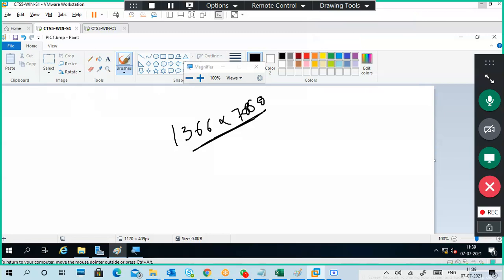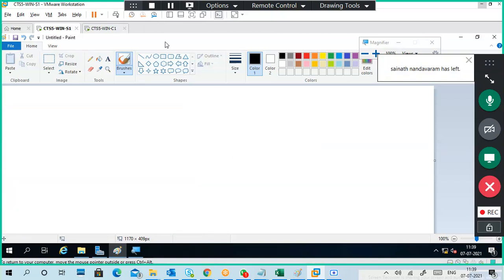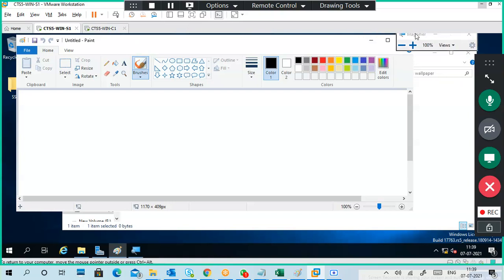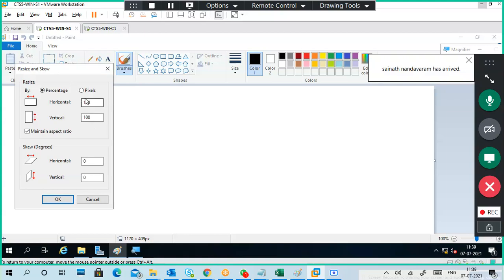So how to set that size, you can go through New, don't save. Okay, so the entire screen is small. So here, resize 100% or otherwise pixel, like 1366, the vertical is changing.